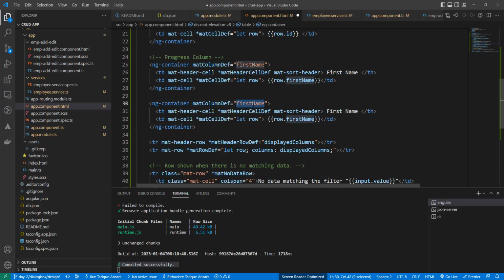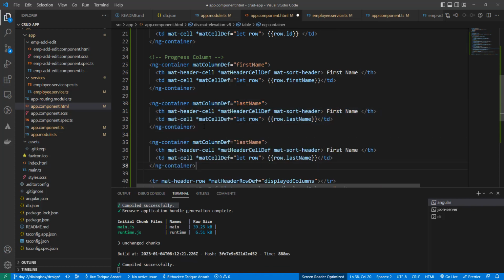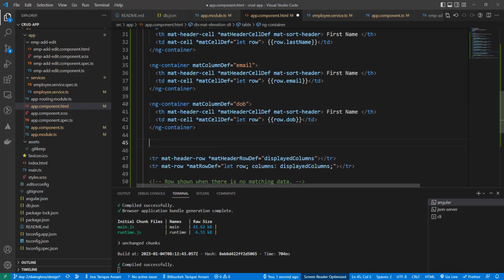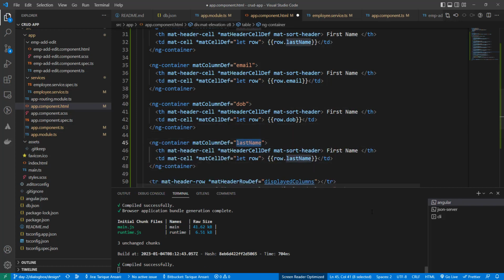Okay, multiple select at the same time: last name. For doing the multiple select, as I said, we need to first select this and press Control D. It will do the multiple select. Last name, email, DOB, date of birth, gender,